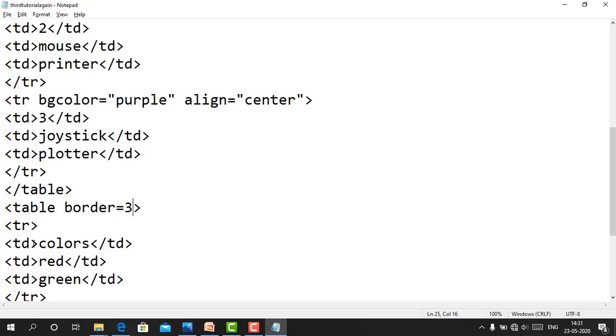So TD color should be divided into 2 parts. That's why row span equals to, in how many parts? In 2 parts. 2 TD section. Control S. Okay, just refresh it.